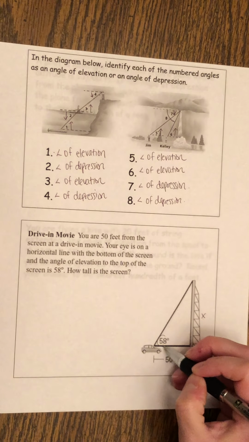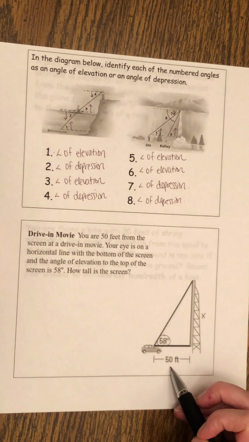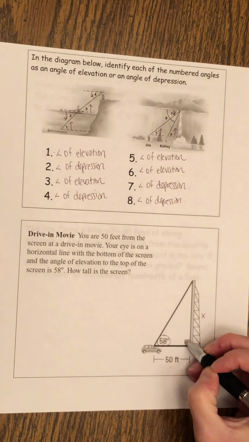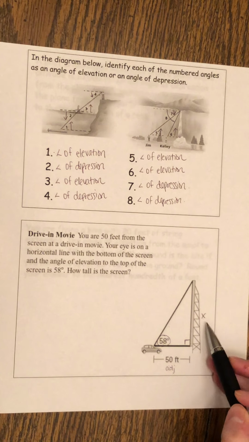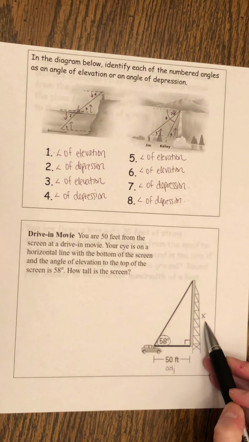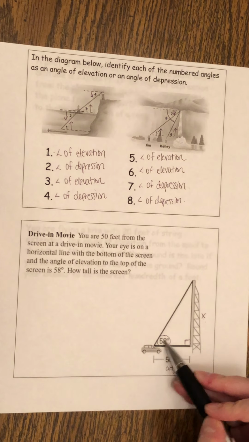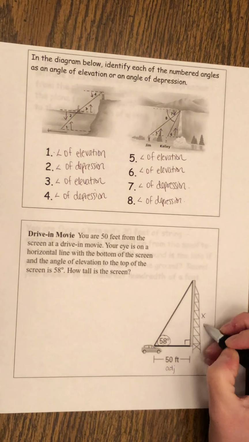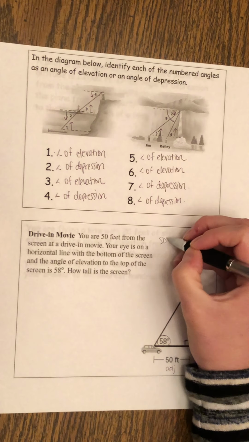So in relation to this acute angle I'm given, I'm going to look at the side length I'm given. Is this side length the adjacent leg, the opposite leg, or the hypotenuse of the right triangle? We can assume the right angle is here. 50 would be the adjacent leg. What is the length I want to find? Is that the adjacent leg, the opposite leg, or the hypotenuse? It's the leg across from the 58-degree angle, so it's the opposite leg. So if we think about SOHCAHTOA,